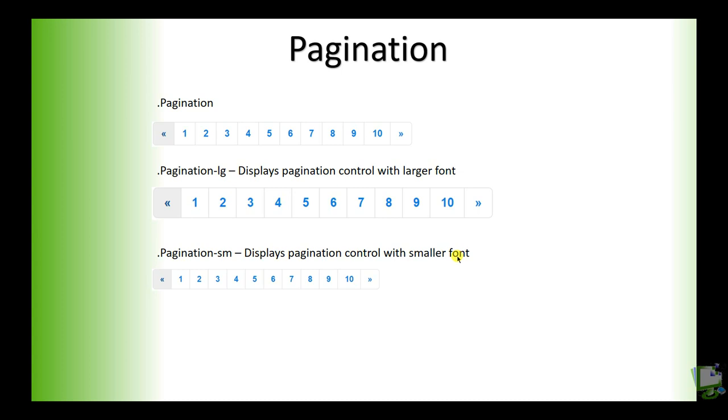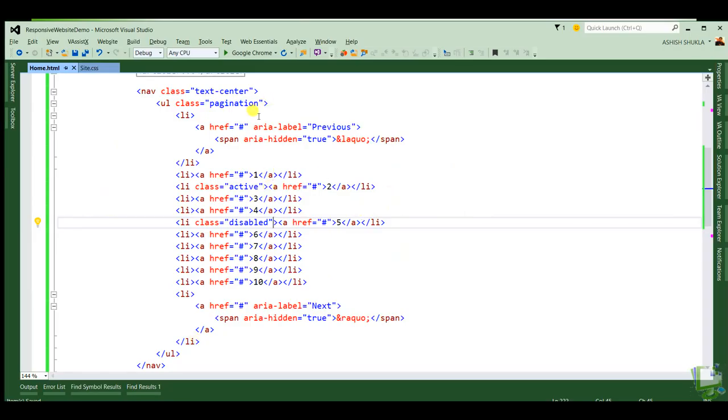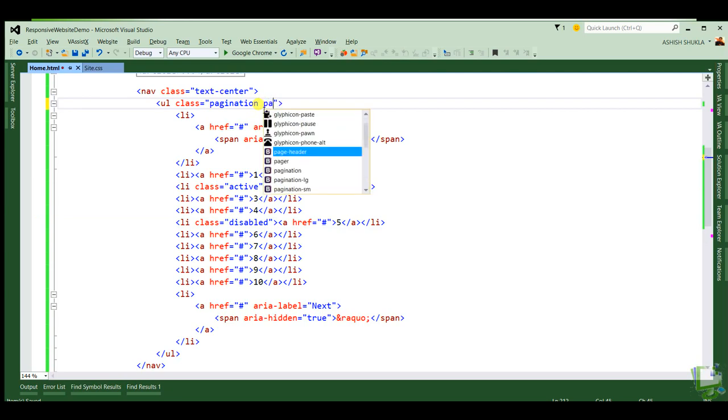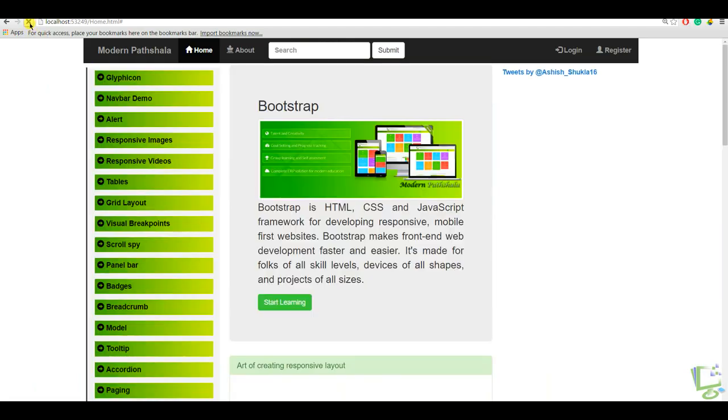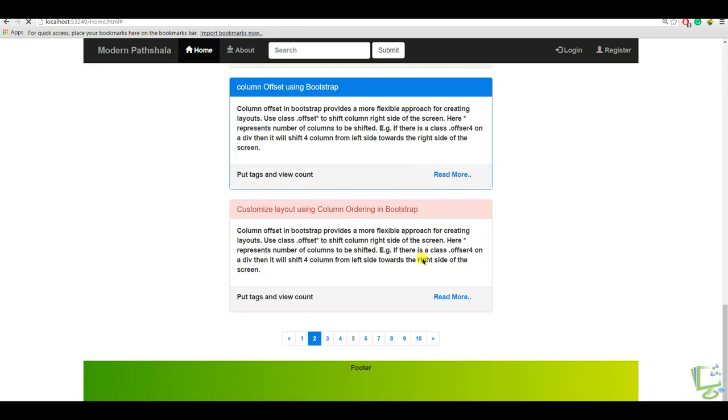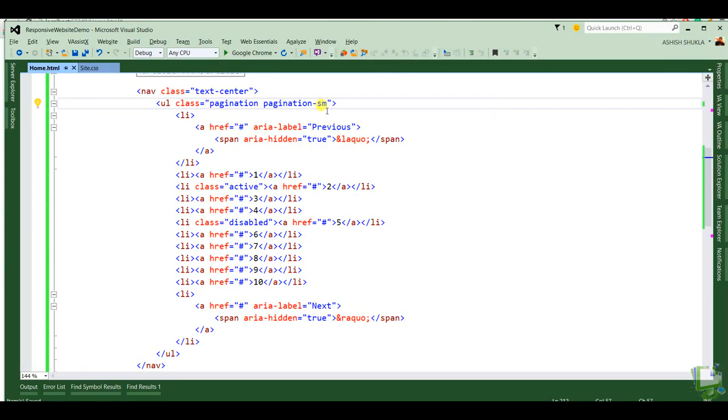Let's first add class pagination-sm, and let's save the changes. Now we can see that we have a smaller pagination, and if we change pagination-sm to pagination-lg, then we have a larger pagination as compared to the previous one.